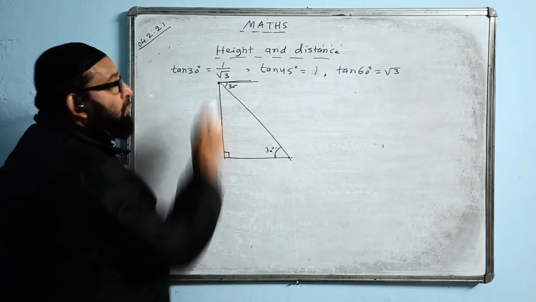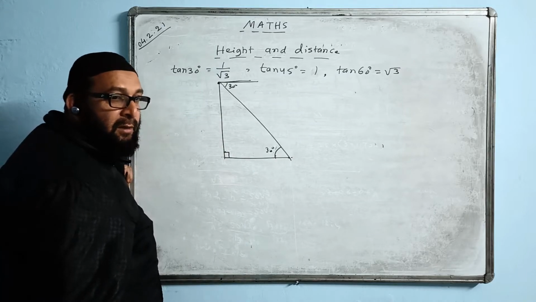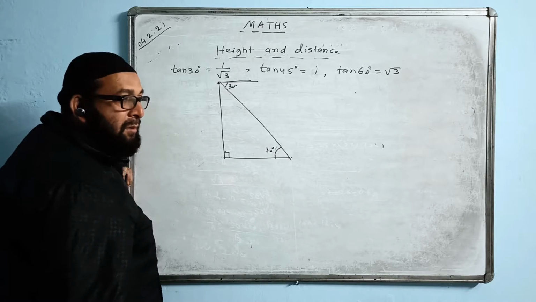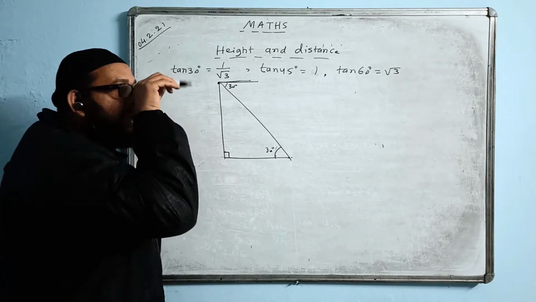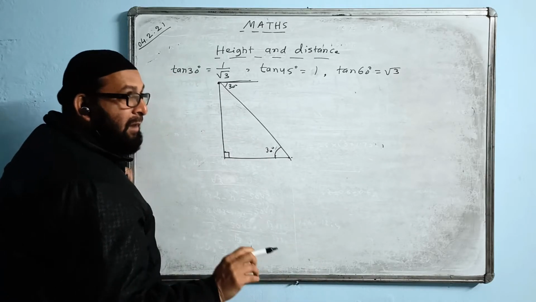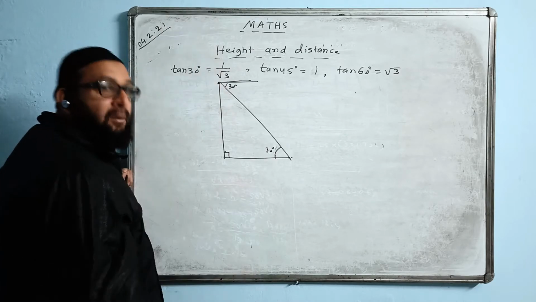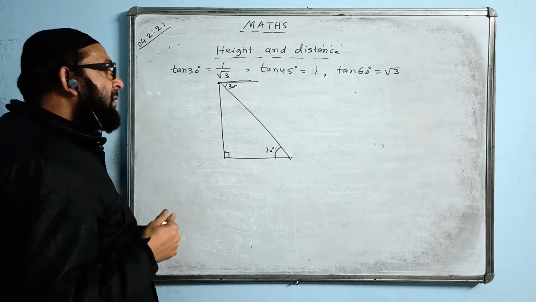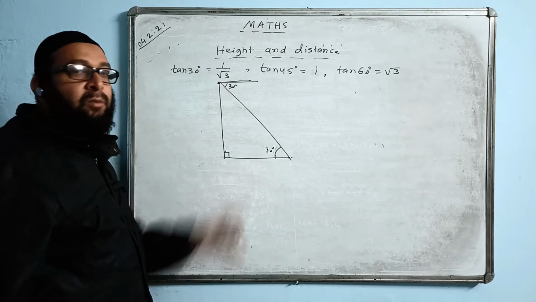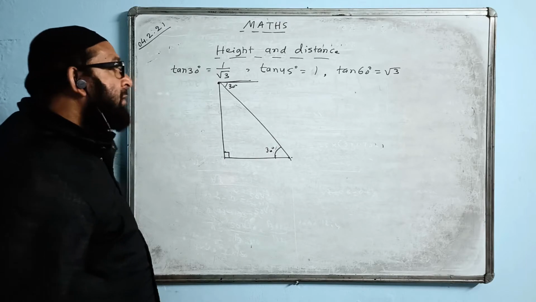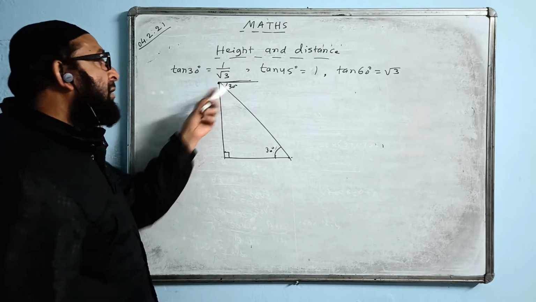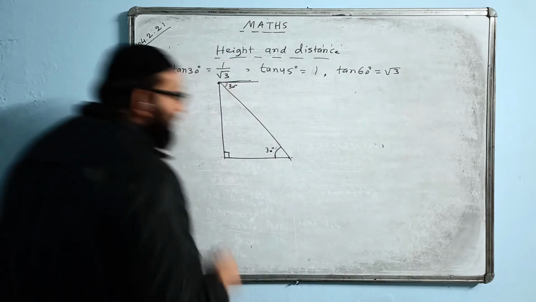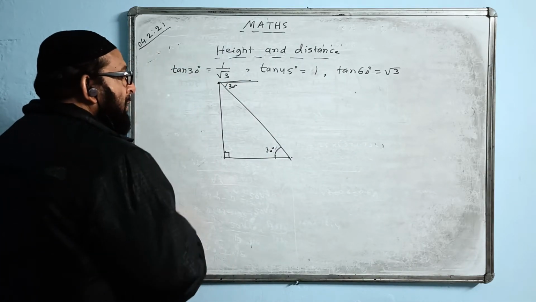But this one we must show. The depression angle we must show in the diagram. If you don't show it, one mark is gone. The depression angle is from the higher level, the person looking down, and the elevation is looking up like this from the lower level. So the depression angle and elevation angle values are the same. The angle is formed here only, but the depression angle you must show at the higher level. The observer must be on the higher side.